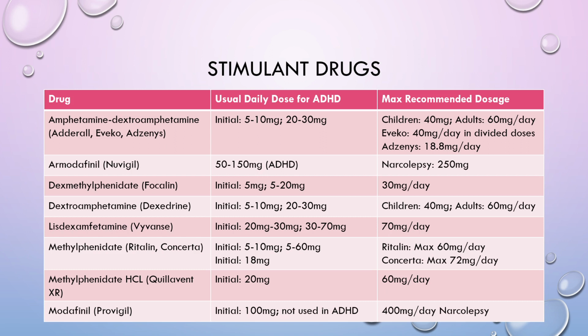But you'll still see it sometimes for ADHD. But you're more commonly going to still see it with narcolepsy and in those higher doses when it comes to narcolepsy. Dexmethylphenidate or Focalin, and that is a very, very popular one. There is an extended release and short-acting versions of that. There is a 30 milligram out now. Your Adderall, I think, capped at 20.